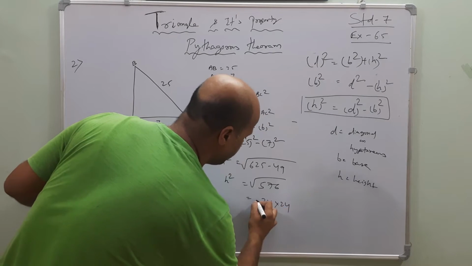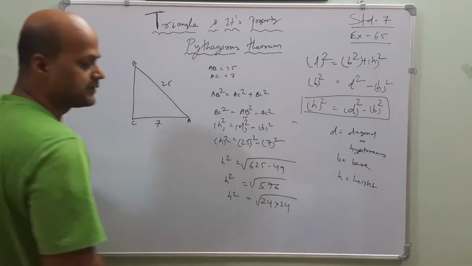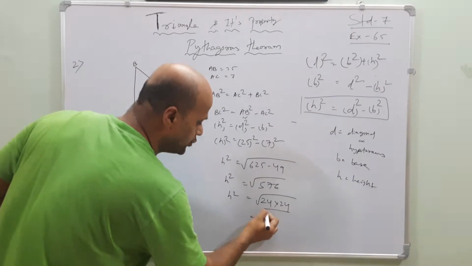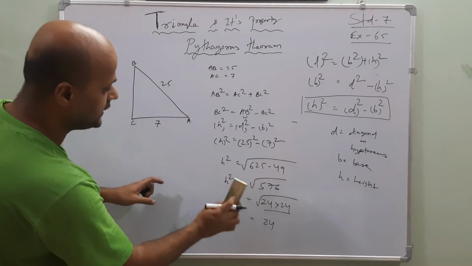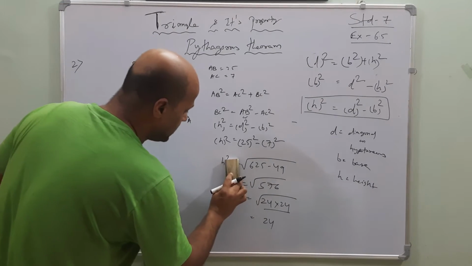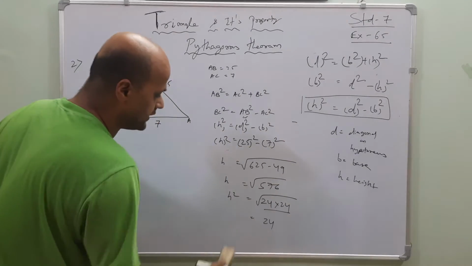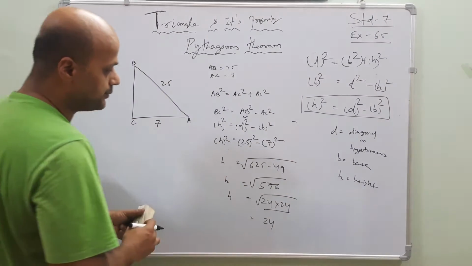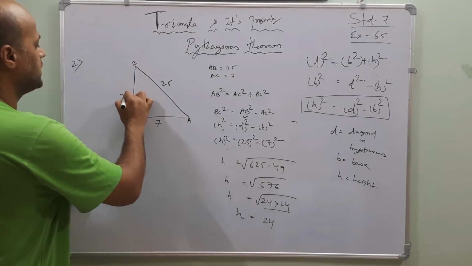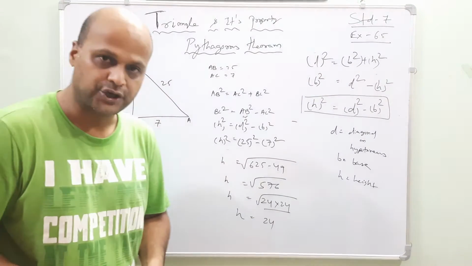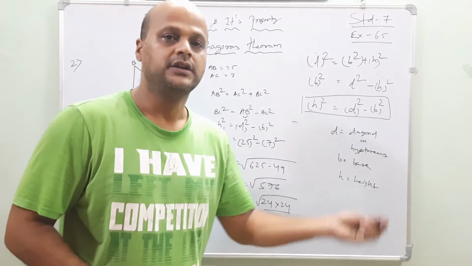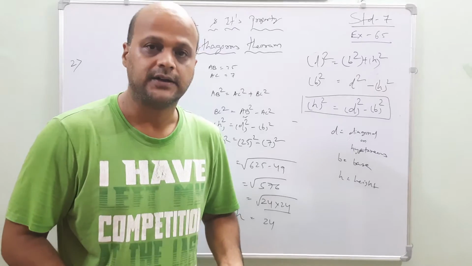Means if I multiply 24 two times, then 576 will come. To take out the square root means out of 2, you have to take 1. If I put the square root here, then the square will vanish. Understood, my dear friends? Now h is equal to 24. Like this, if the diagonal or base is given, you have to find out the height. Understood?